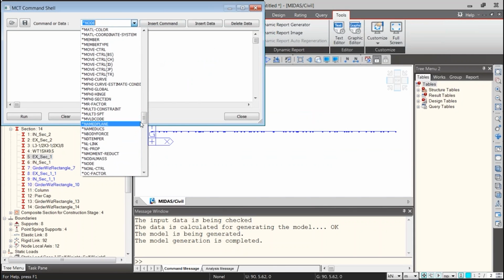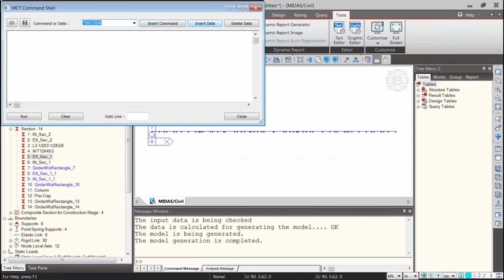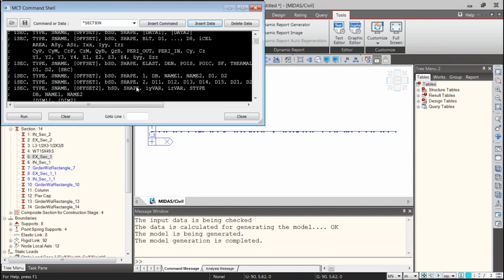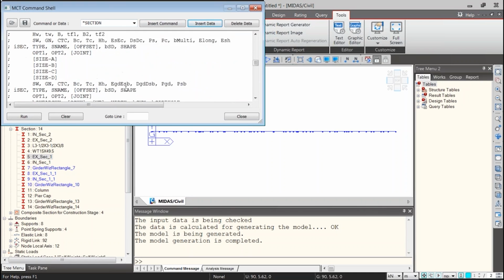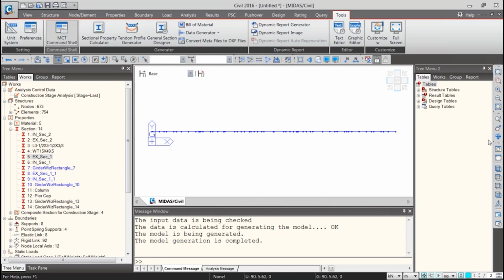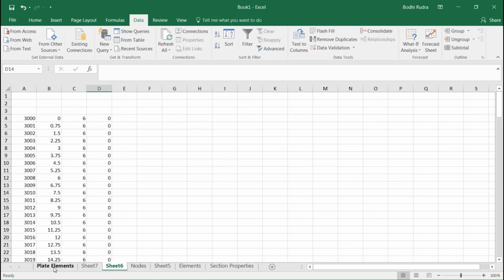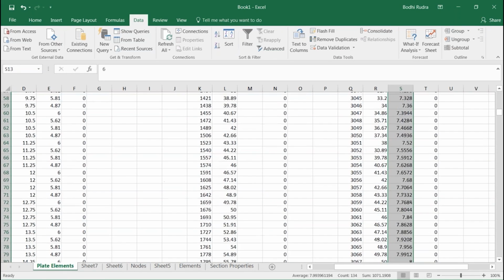So all this information about what is what you can find here. So for the composite section, we have to change these things. I will show you what I have already done.